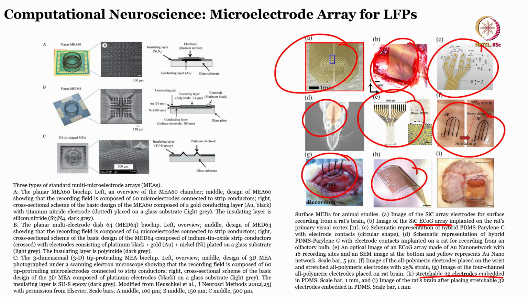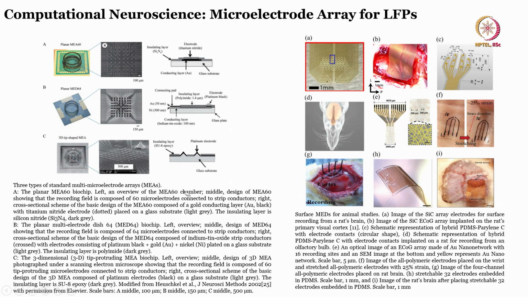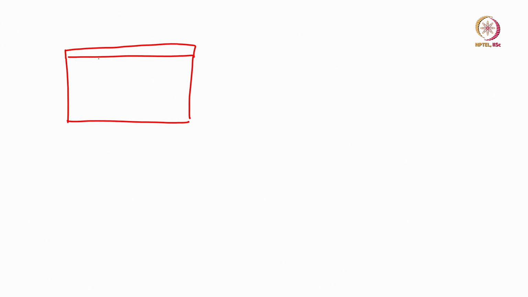So PDMS is used as a substrate. And finally what you see in I is stretchable 32 electrodes again in PDMS. So using PDMS as a material. PDMS is a silicone, and it is also exclusively used when you look at soft lithography. Now if you want to just take an example, the substrate can be anything, and then on the substrate you can spin coat your polymer, it can be PDMS or it can be your PI, and cure it.